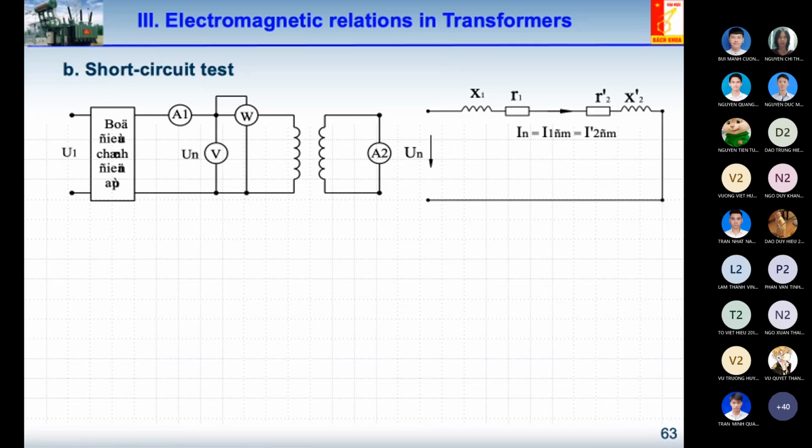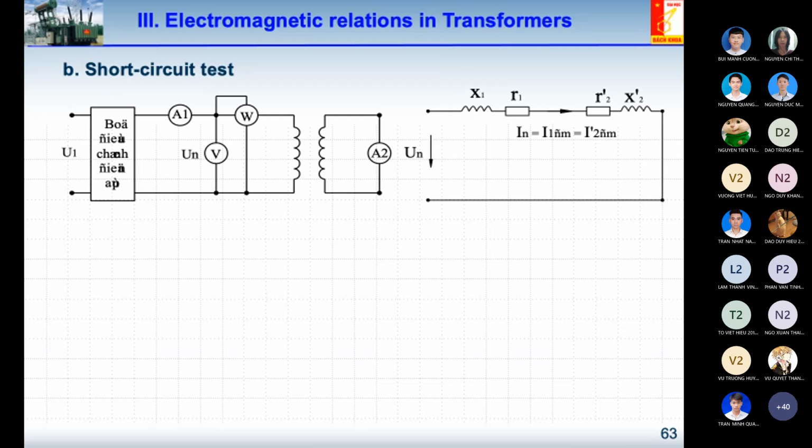For example, here the electrical system voltage is 380 volt, and if the output of the transformer is connected together, it means that the short circuit current in the transformer is very high. And as I said a few minutes ago, if you want to keep the short circuit current in the transformer constant, at the rated current,